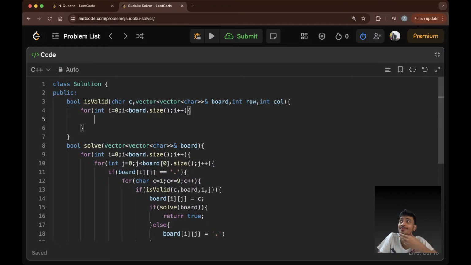For the rows. Let's say it is 0, 1, 2, 3. If you want to check for rows, the row is changing. So if board of i and column, the column is the same, is equal to c,